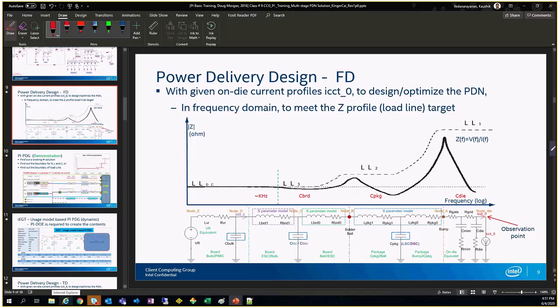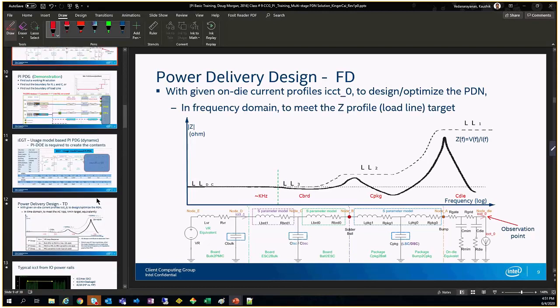of your impedance. Your impedance varies with frequency, and different stages of your PDN affect different frequencies. Your board capacitance affects here, your package capacitance affects here, your die capacitance affects here. So let's say you have the S parameter, and using it in the frequency domain, you can do the analysis. But if you have to do it in the time domain,